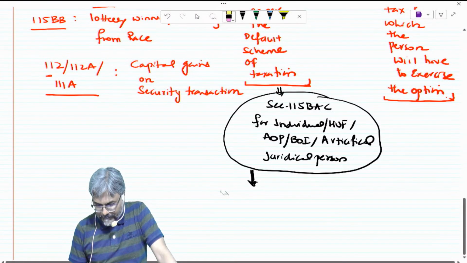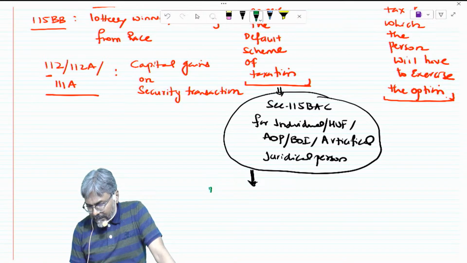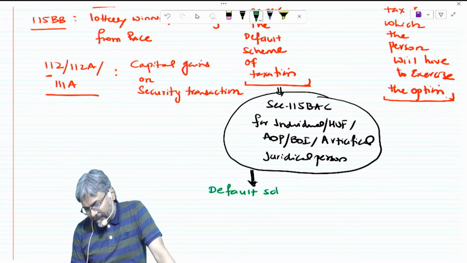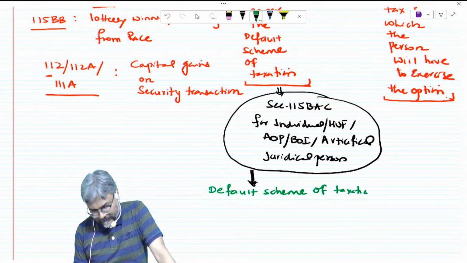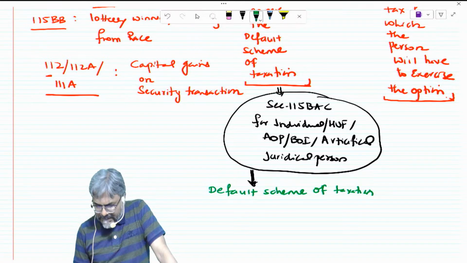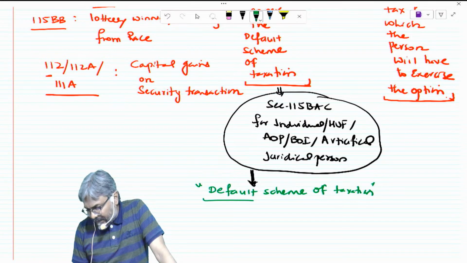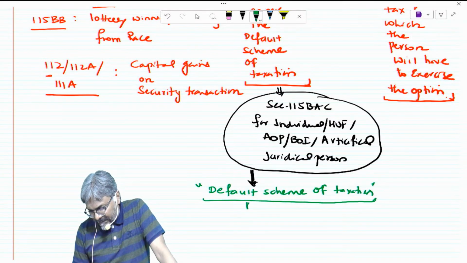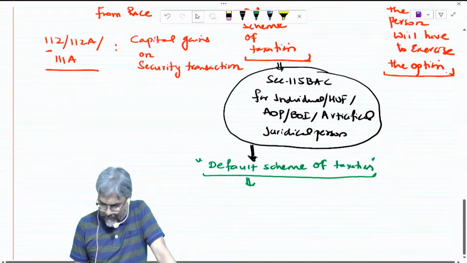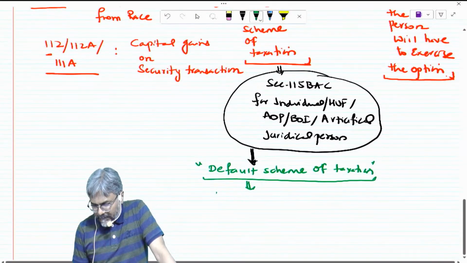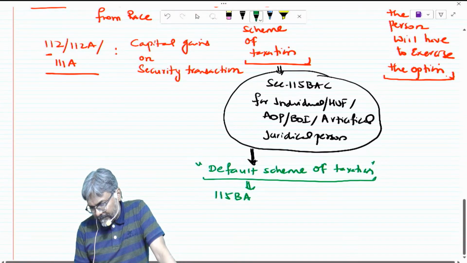In this case, default scheme of taxation. Default scheme of taxation, students. So far as the default scheme of taxation is concerned, what do we say? Here, in 115BAC,